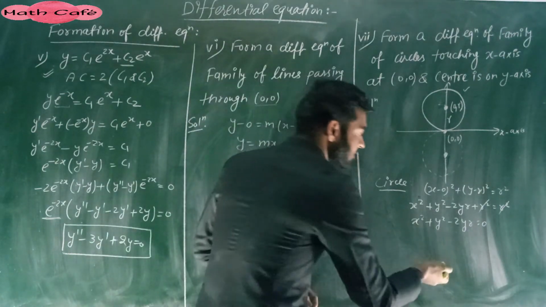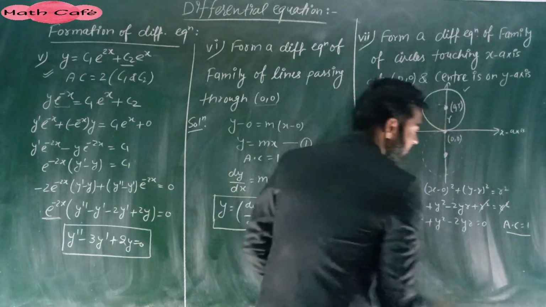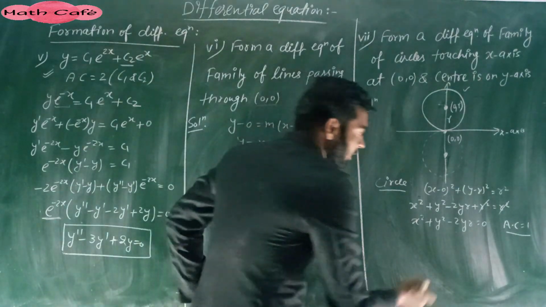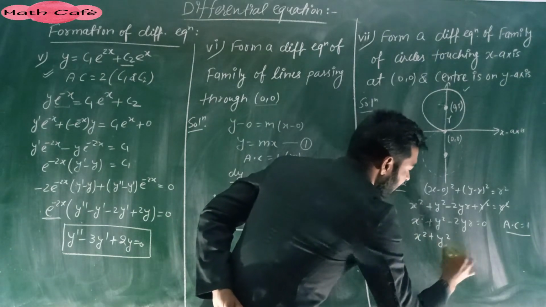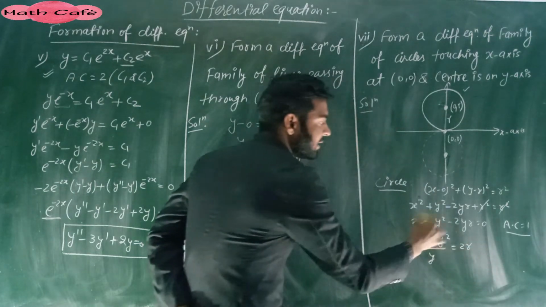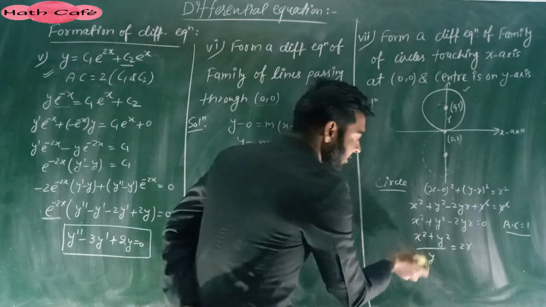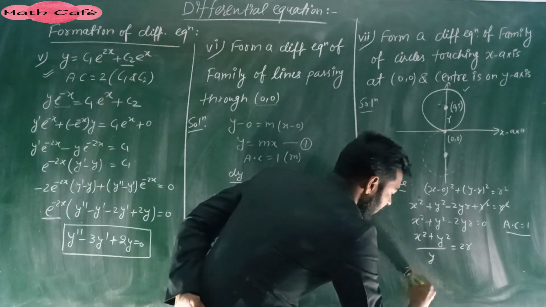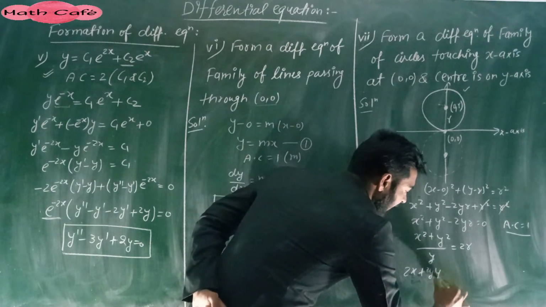So number of arbitrary constants are 1. Alright. So arbitrary constant is 1. So I will differentiate this equation only one time. Alright. So I can write it as x square plus y square divided by y equals to 2r. To remove the r, I can differentiate the whole equation with respect to x. So I am using division method in this form. So that will become x square will become 2x and y square will become 2y into y dash.